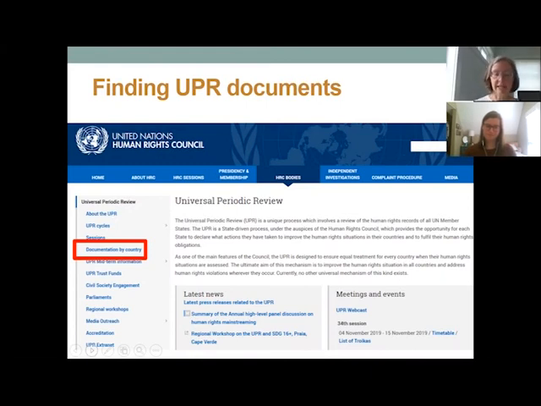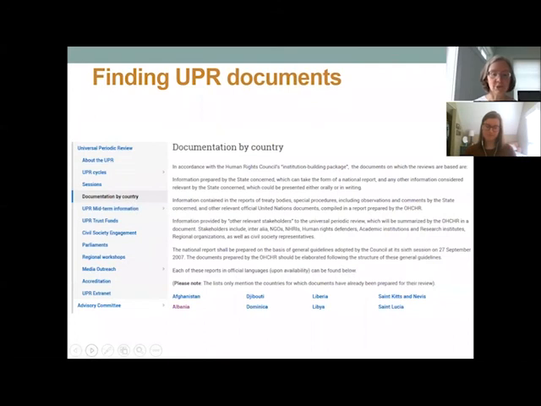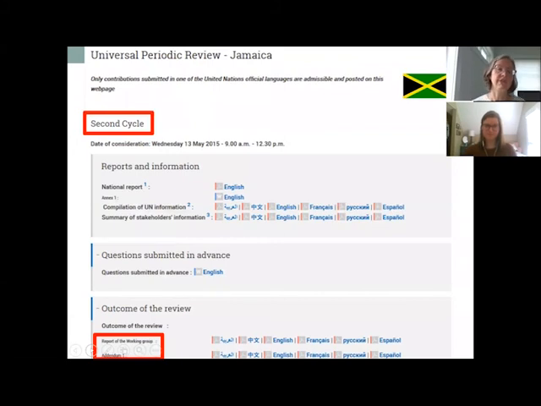And so if you click that link, it will give you a list of all of the countries in the world. And then you select the country and it will take you to a page that's specific to that country and its UPRs. So you'll see, this is an example for Jamaica. And it tells you when it'll start with the most recent cycle, and then if you scroll down, you'll see the older cycles. So this is where you would find the information about the previous cycle of the Universal Periodic Review when the interactive dialogue happened.